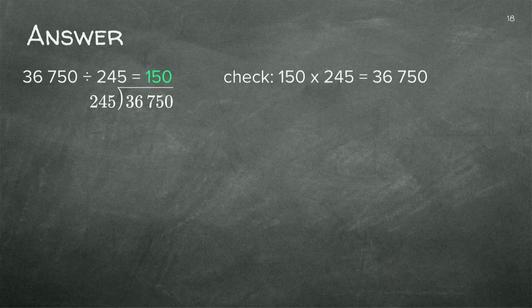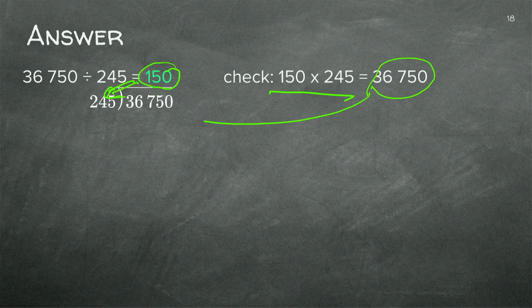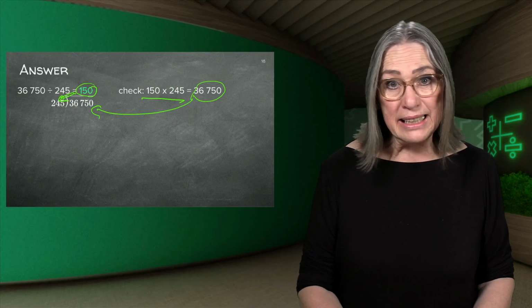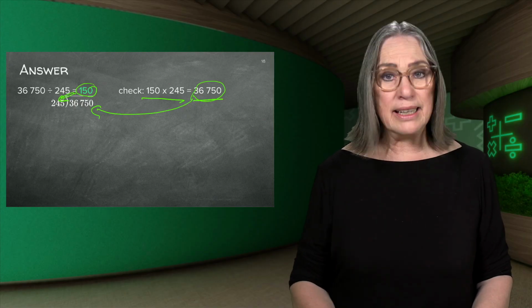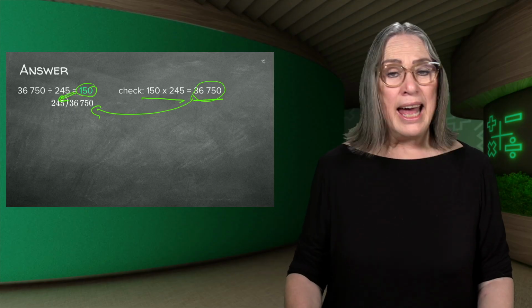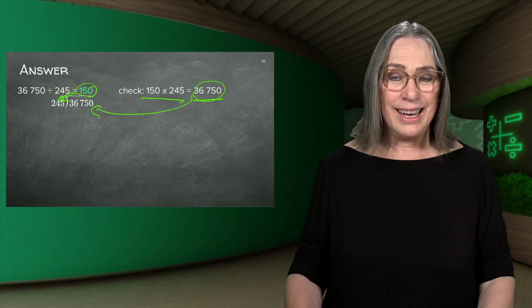Okay, remember this one, also a blast from the past. You had to do this long division. The answer was 150. Now, if you multiply 150 with 245, you're going to get the same answer as the dividend. Okay, so you multiply your quotient with your divisor, and then you find out that you're back at the dividend. That is just what we call the inverse operations, and the best use for this is to check whether your answer is correct.